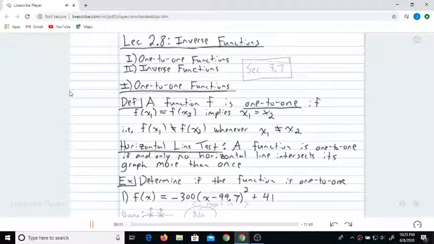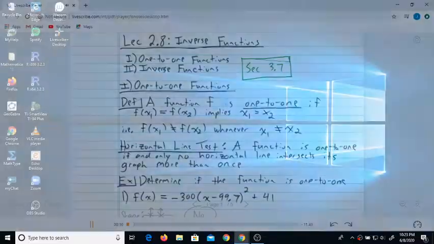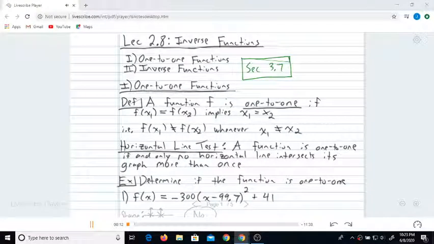Alright, lecture 2.8, which corresponds with section 3.7 from the textbook. This is the very last lecture for Unit 2, guys. So after you're done with this lecture, you are ready to rock and roll with the test review and take the test 2. But before we get to inverse functions, we need to discuss the property of being one-to-one and